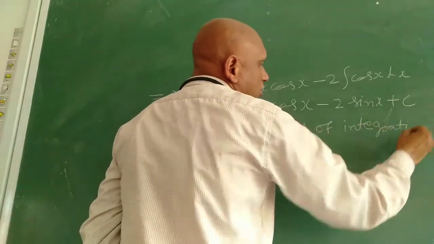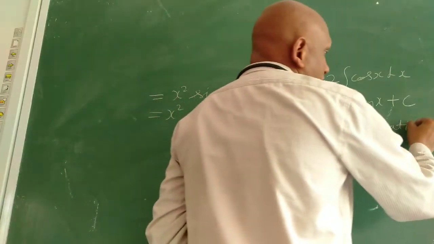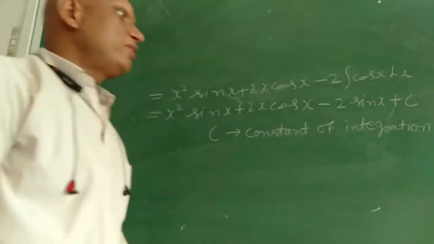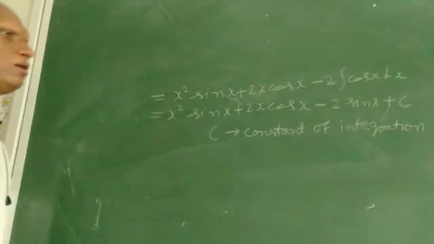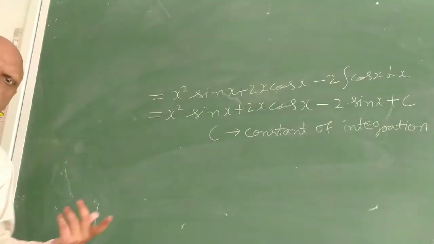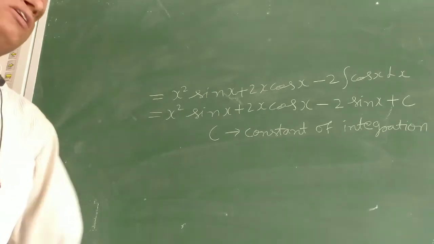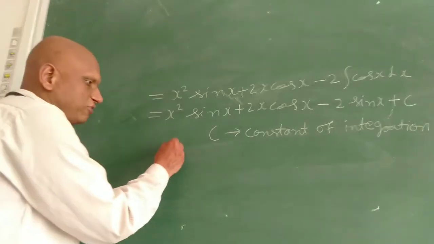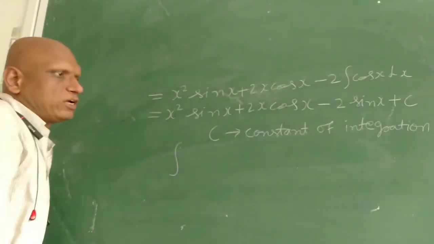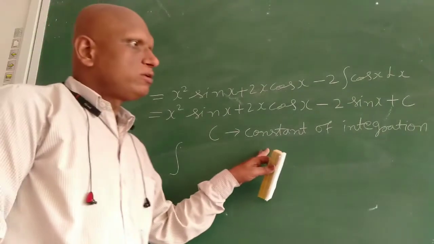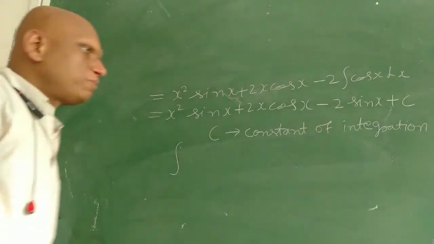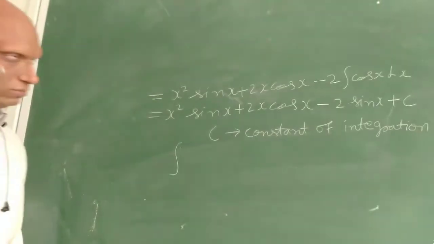Before integration by parts, we have done integrals and we have seen C is the constant of integration. Now again we will take one example from which we can understand better which one is the first function and which one is the second function. Okay, up to here it is clear?